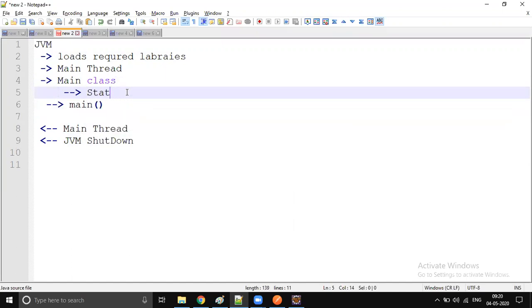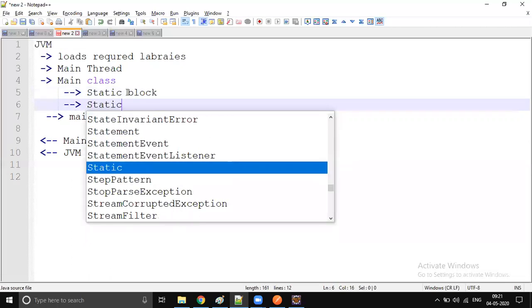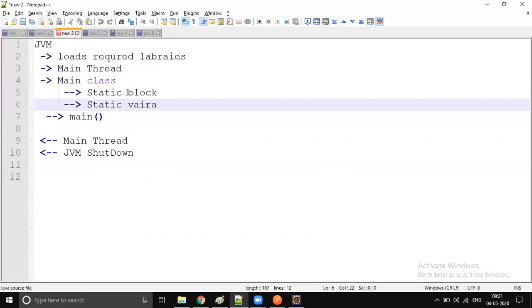static blocks and static variables. All the static block and static variable initialization happens at what time? Class loading.